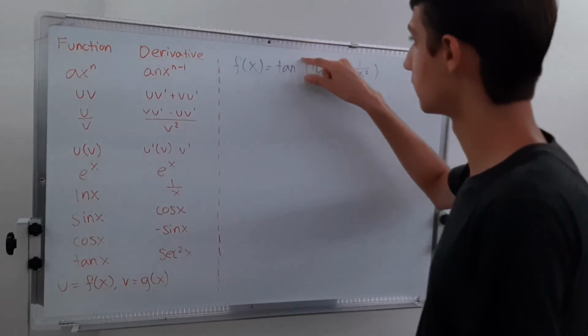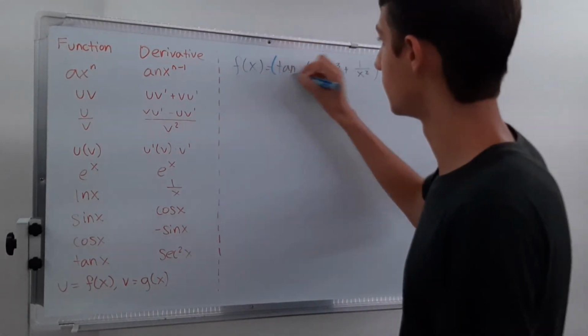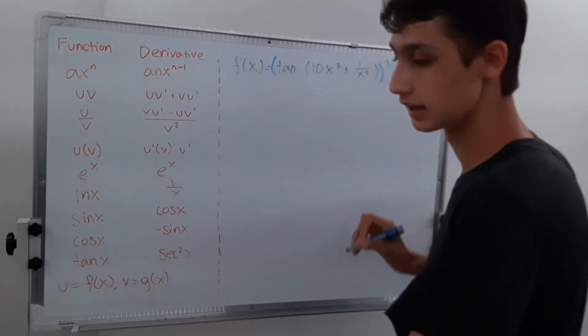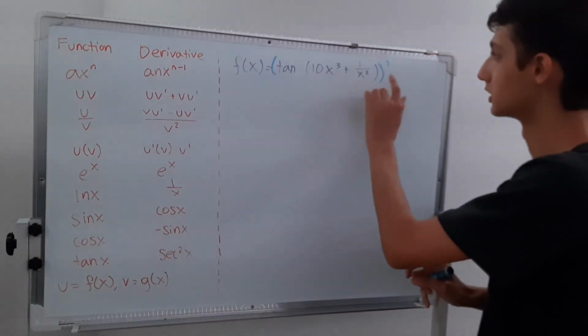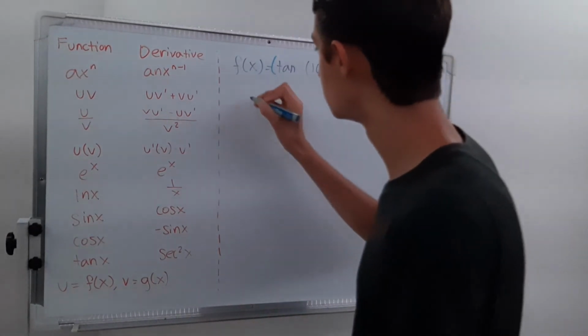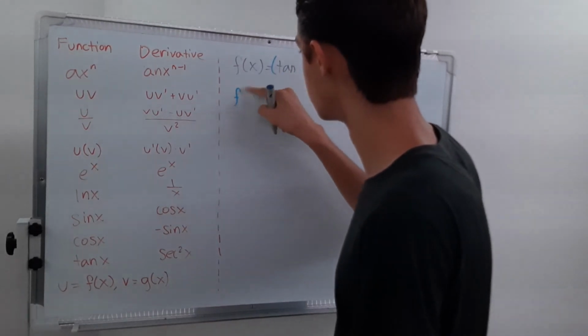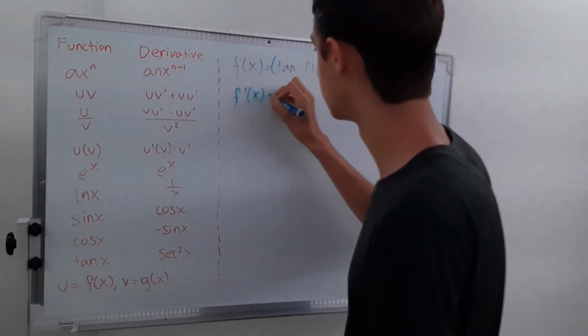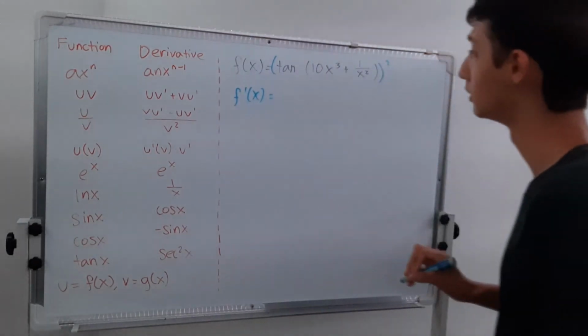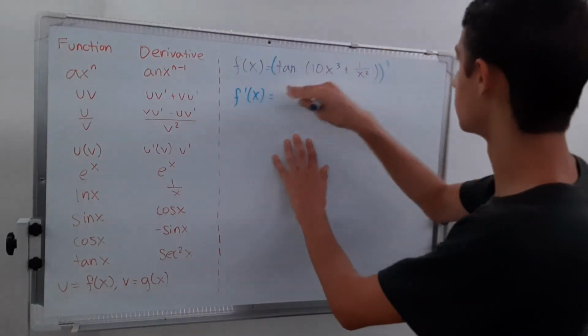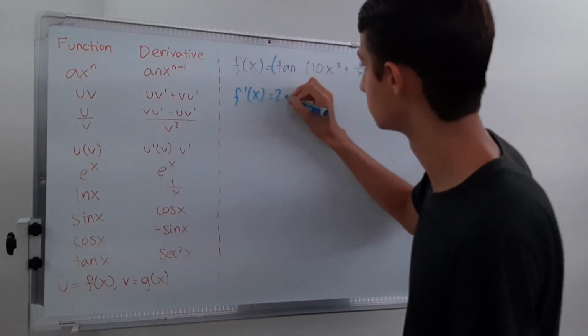Alright, so f of x is equal to this crazy function. Again, tangent squared, we can just worry about having it like that. Again, function inside of a function inside of a function, okay? A little confusing, but it's okay. We can get through it together. Whoa. F prime of x is equal to, okay, so again, treat this as its own function. So we have 2 tan